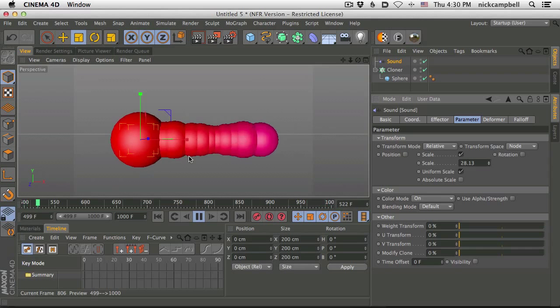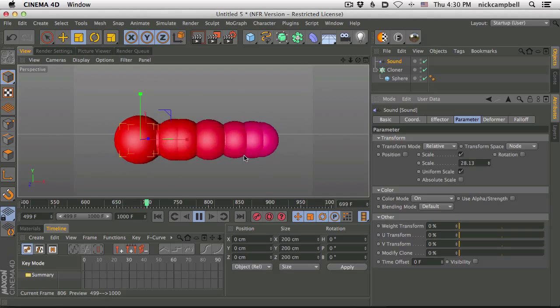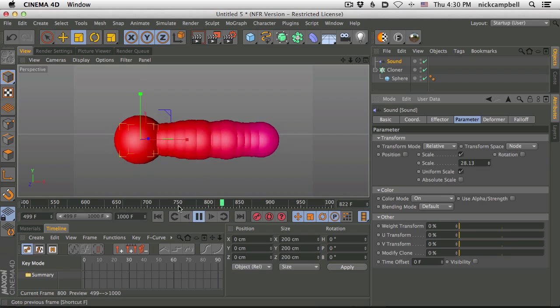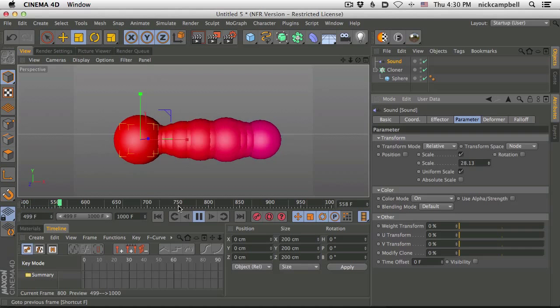The next thing in the list, or the next thing I noticed, was there's no way to get that fade down that the Trapcode Sound Keys has. And what I mean by that is there's a setting in there that allows you to basically not allow what it's driving to just fall to 0 instantly. And you can see that's what's happening here. It's kind of going from full on to full off, and that's not always what you want.